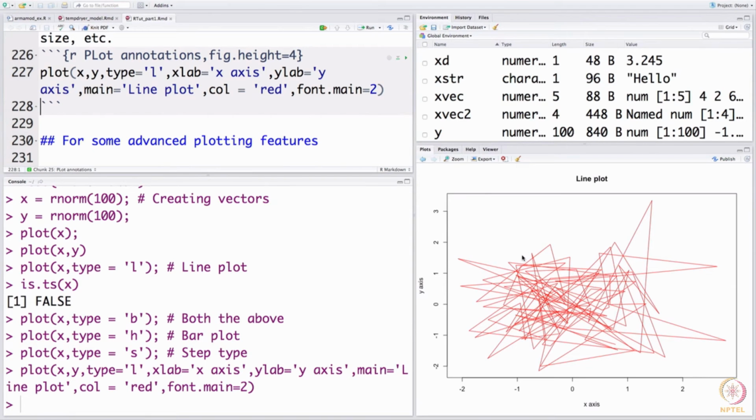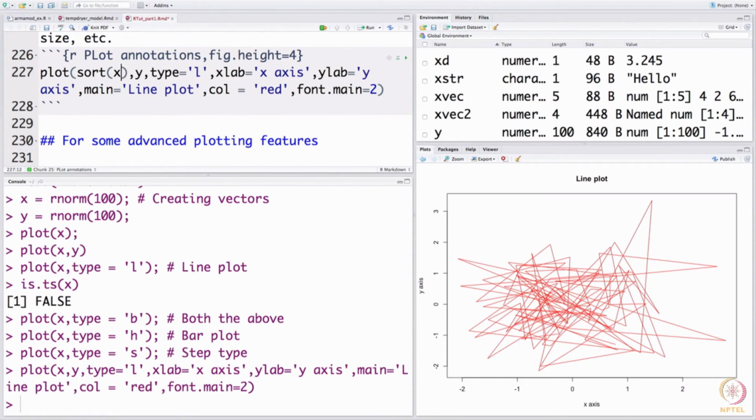and there you go. It has generated a garbage looking plot, and you should ask why this has happened. Why is it that it has not produced the line plot that I imagined? The reason is x is not sorted. If x was sorted, then the plot would have looked a lot better. But you should observe quickly that it has respected all the things that you have asked for. If you wanted a bold title, fine, it did that; you asked for a red color, it did that.